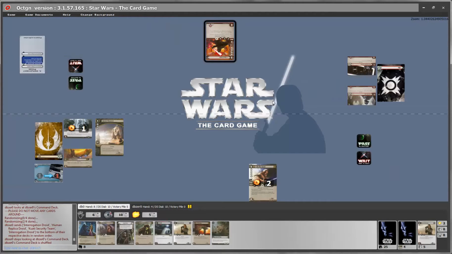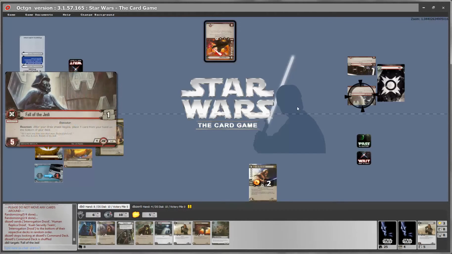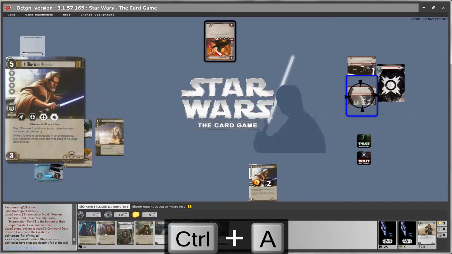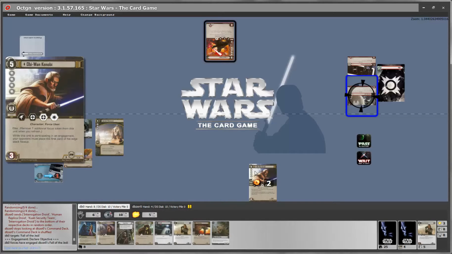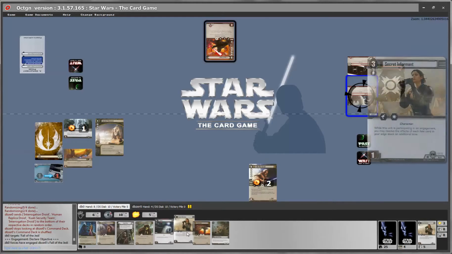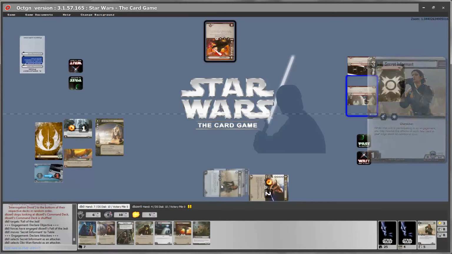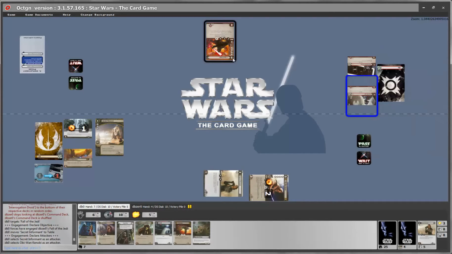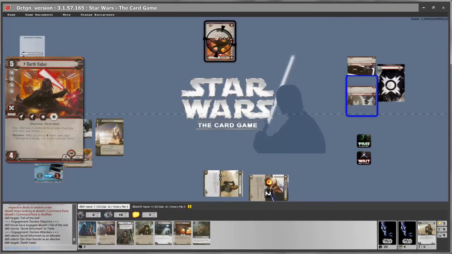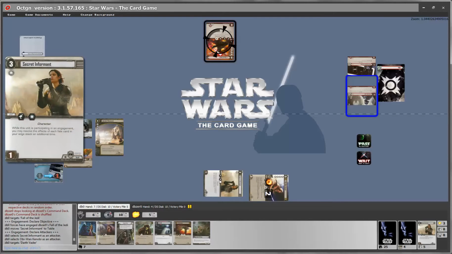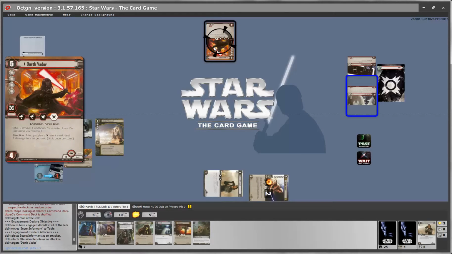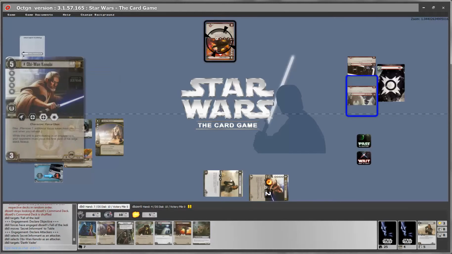Another tricky thing you need to keep in mind is during conflicts. When you have a unit which has many different types of combat icons, the game needs some help in figuring out where to put what tokens. In the case of a simple unit like a Secret Informant, when you strike with her, her icons will go automatically where it's targeted. So you have one unit damage and one blast damage. The unit damage will go to the unit we have targeted, the blast damage will go to the objective.